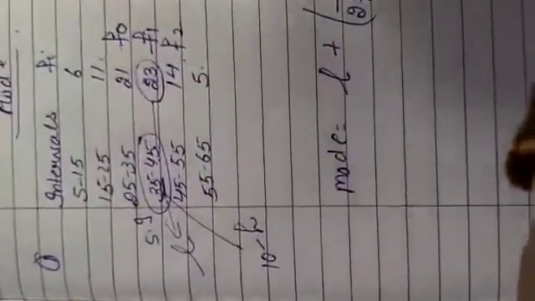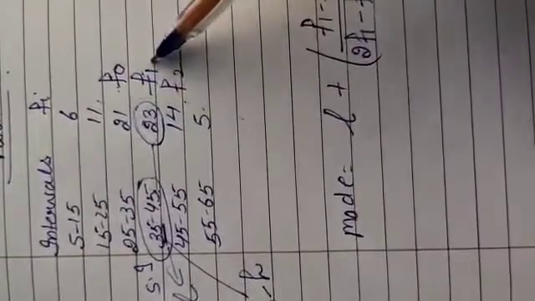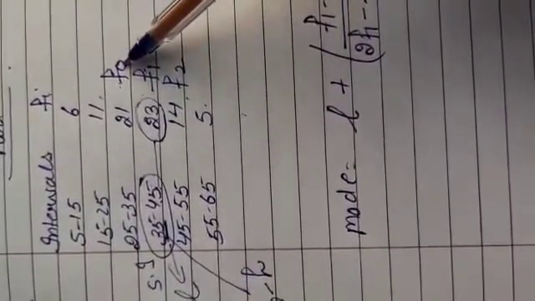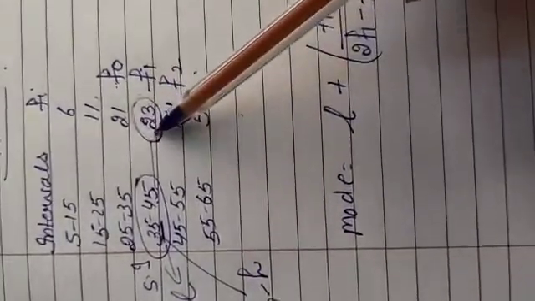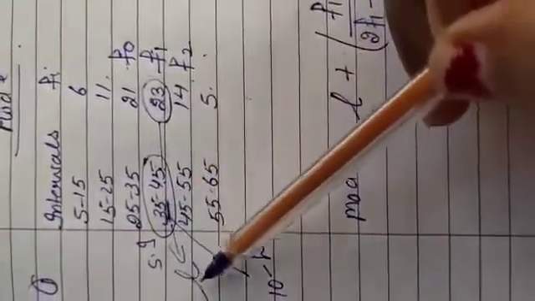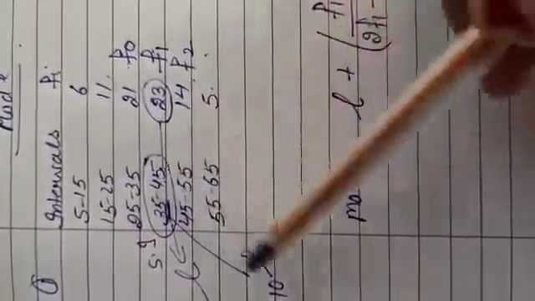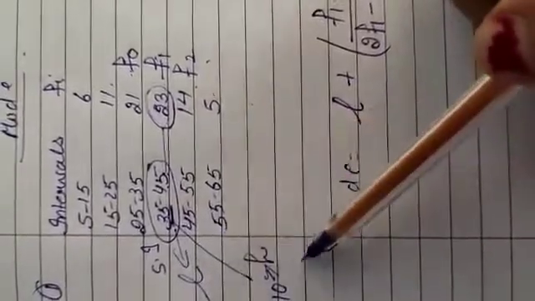The width of this interval is 10, so the value of h is equal to 10. So again I am going to say that first of all, check the highest value in the column, circle it and name it f1. The one on the upper side is known as f0, and the next one is f2. Opposite of f1 is your standard interval. Its least value is your L, and the width of the interval is your h. So now all the values are known: f1, f0, f2, L and h. Fill them in your formula.